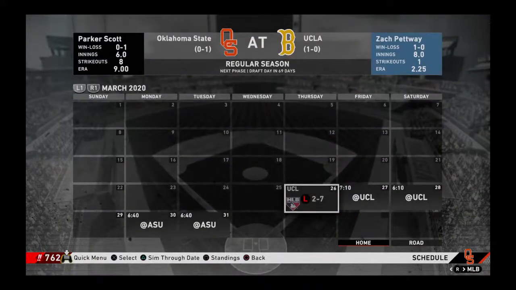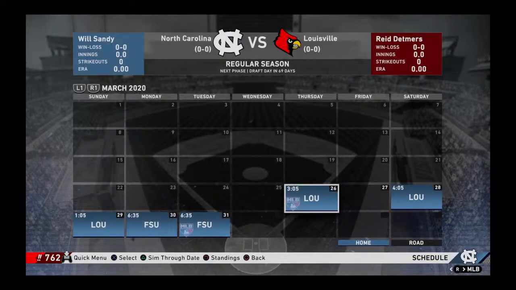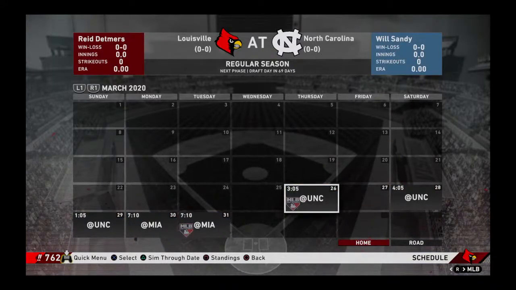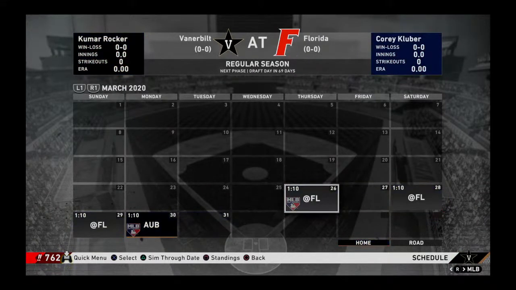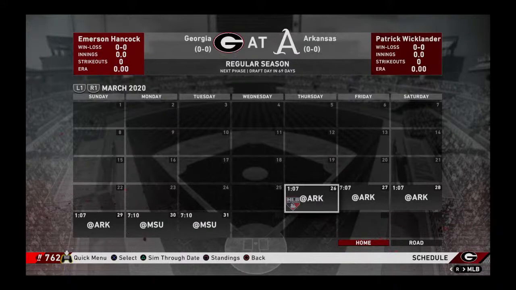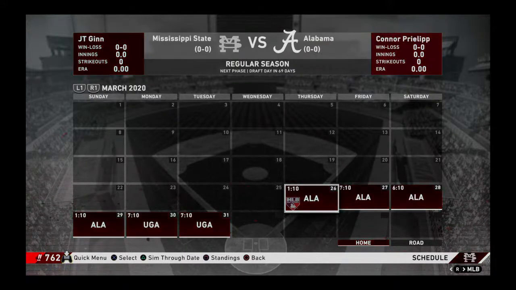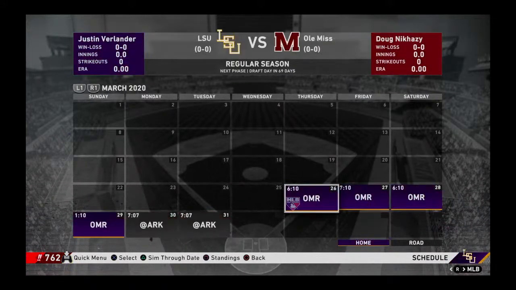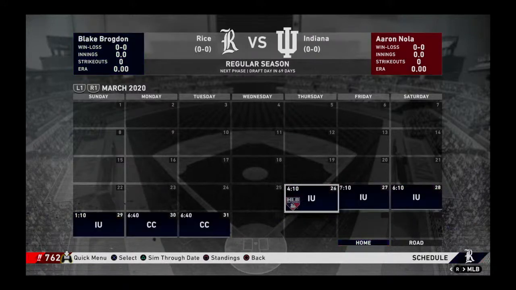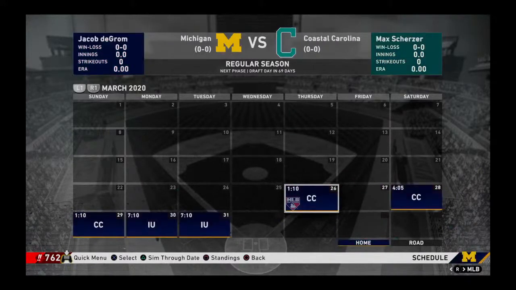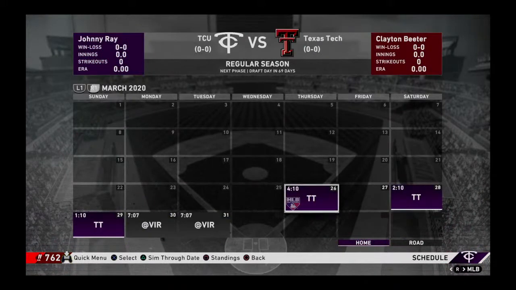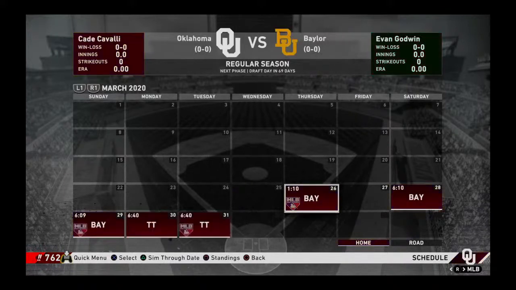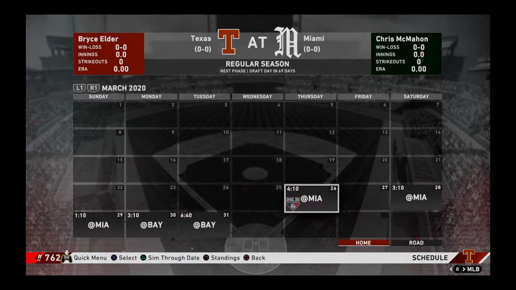So these are the teams you have: Oklahoma State, North Carolina, Florida State, Louisville, Miami, Virginia, A&M, Florida, Vanderbilt, Auburn, Georgia, Ole Miss, Arkansas, Mississippi State, Alabama, LSU, Cal State Fullerton, Rice, Coastal Carolina, Michigan, Indiana, Baylor, TCU, Oklahoma, Texas Tech,